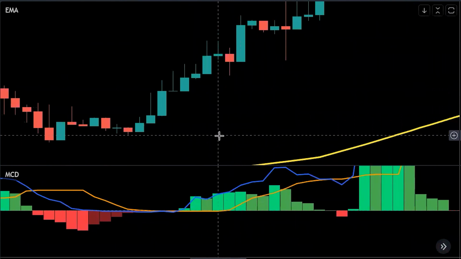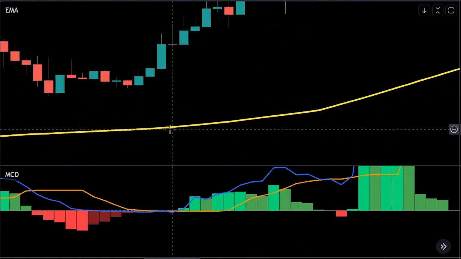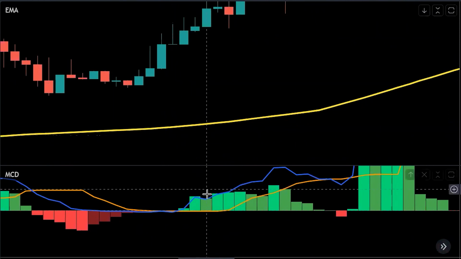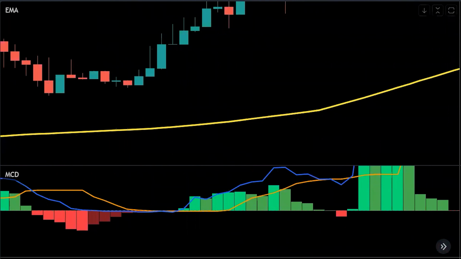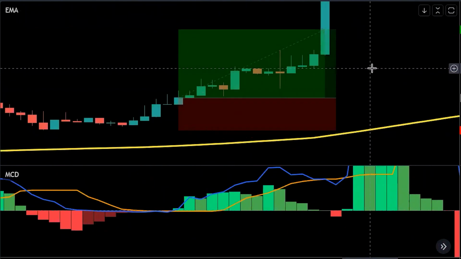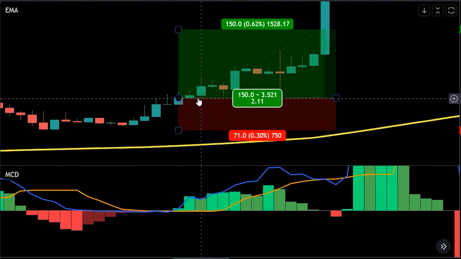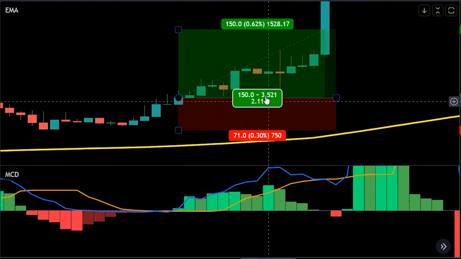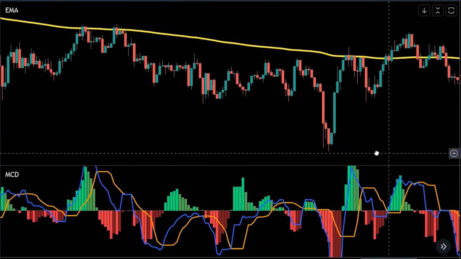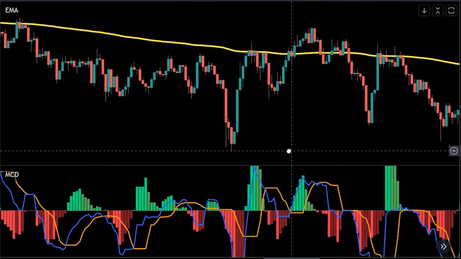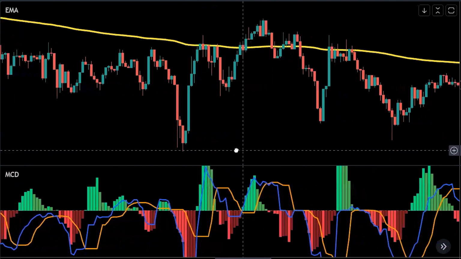And you see here we have the same exact situation. For the buy side of things, we are above the 200 EMA. We turned green right here. We will go ahead and put that up. And as you can see, this trade would have been a successful trade right here as well for the buy side. So now that you guys understand the rules to buying and selling,